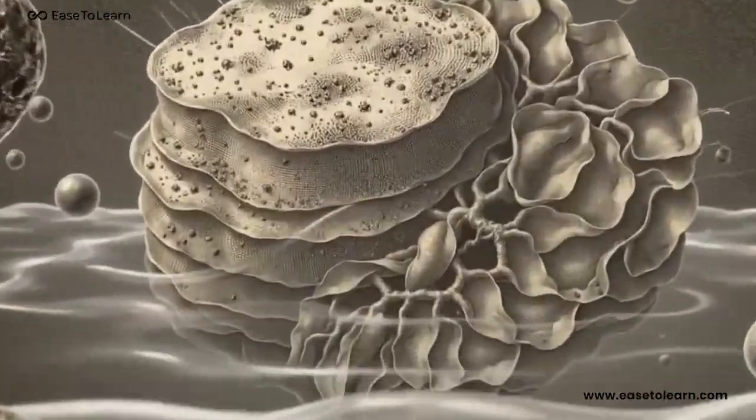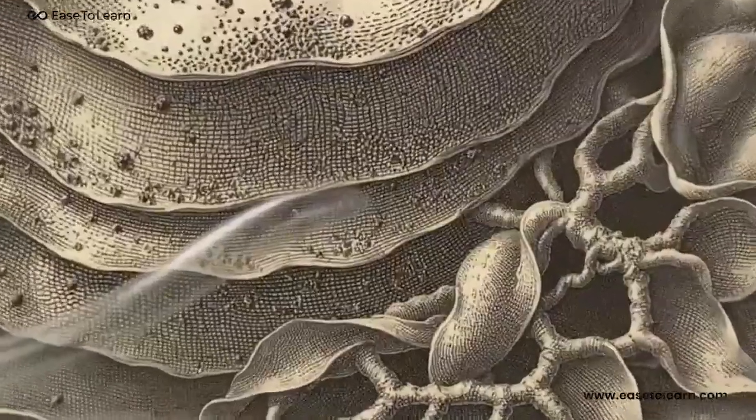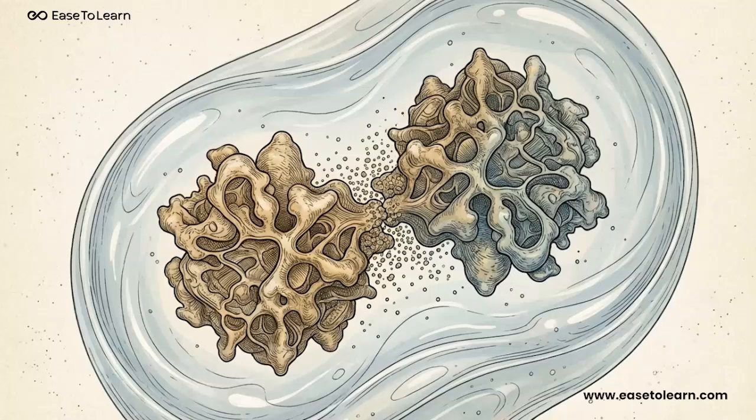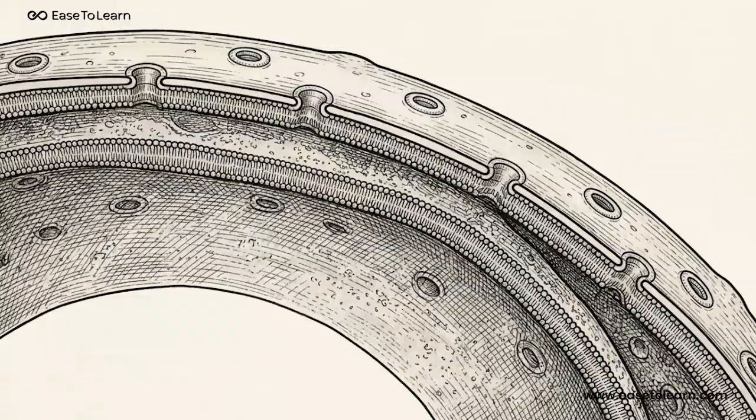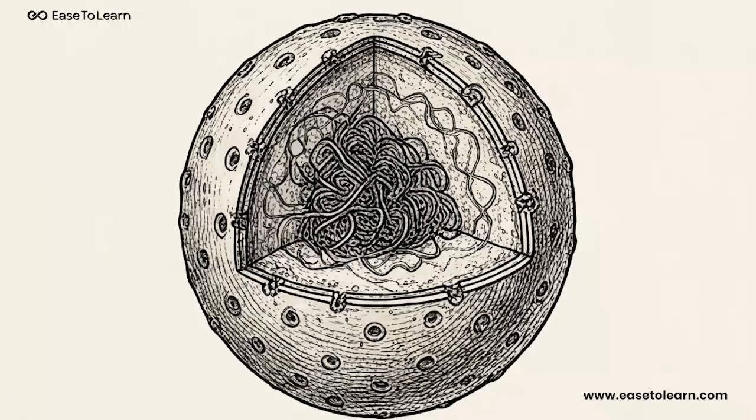Step past the security gate and you enter the cytoplasm. This is a jelly-like fluid that fills the inside of the cell. It holds all the city's infrastructure in place and provides the space where crucial chemical reactions occur. In the middle of all this fluid sits City Hall. We call it the nucleus. It is wrapped in its own double membrane, and it serves as the master control center directing every single activity happening in the cell.